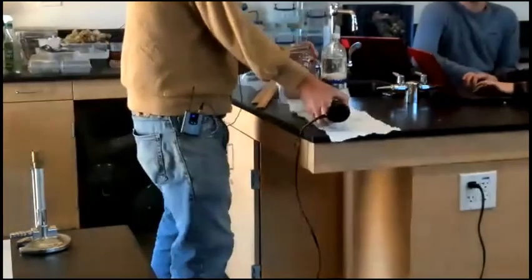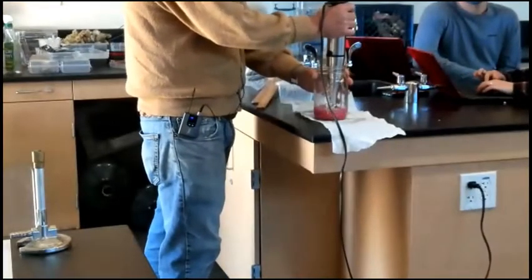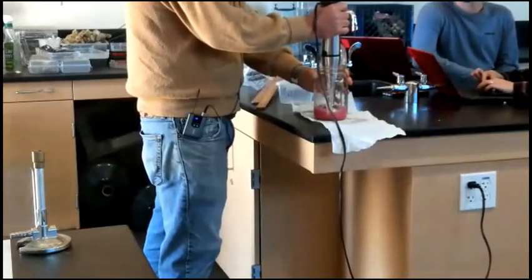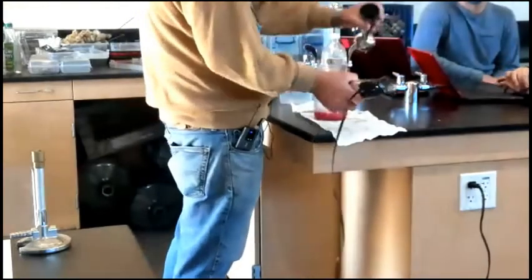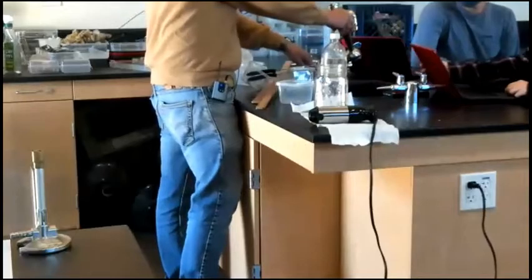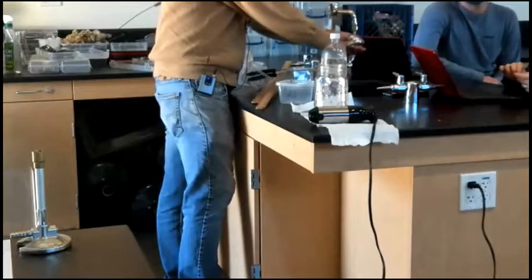All right, so we need to have those blended in there. So this is going to be our sodium alginate solution. All right, this is what we're going to try, and it's clearly not gummy worms, right? That's not gummy worms. All right, and, ooh, making a mess. All right, so we have our sodium alginate solution, and then we're going to do